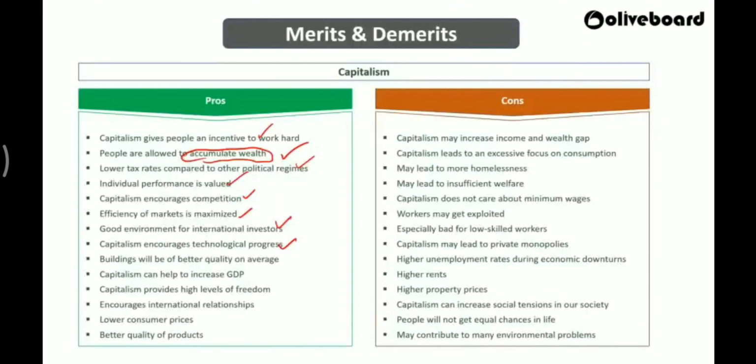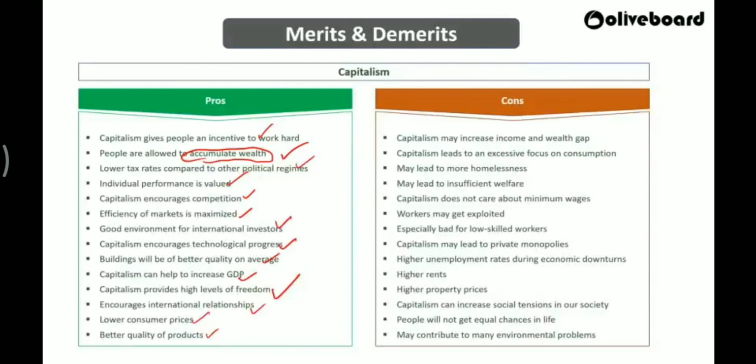Buildings will be of better quality on average. Capitalism can help to increase what? GDP, your gross domestic product. Capitalism provides a high level of freedom. Yes, that is a main thing, because everything is owned by whom? Private people. So freedom is their choice. Freedom is by name itself it comes, right? It encourages international relationships. Low consumer prices and better quality, because of competition, prices will be less, and quality of